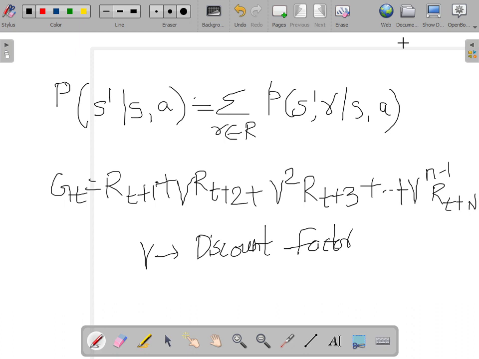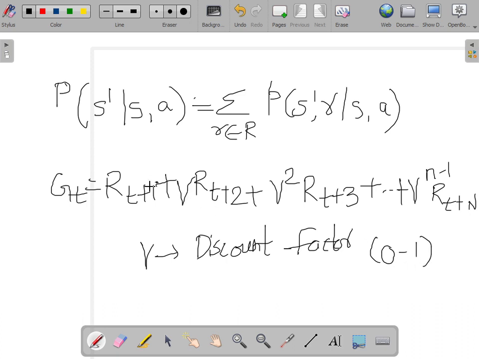So to avoid that, I want to decrease the reward value in each step. If I don't decrease the reward value, the reward will keep executing an infinite number of times. So in order to make the values decrease, that's why we are taking a discount factor. Remember, this discount factor is a value between 0 and 1.